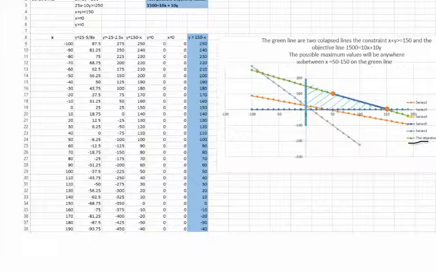You need to try some numbers now. So your solution is always going to be to the right side and on top. So you have to start with the right value right here and plug in the x and the y coordinate of this point into your objective function. So it's going to be 1500 equals 10 times x equals 150, plus 10y, where y is equal to 0. If you do that, the value that you get is 1500.